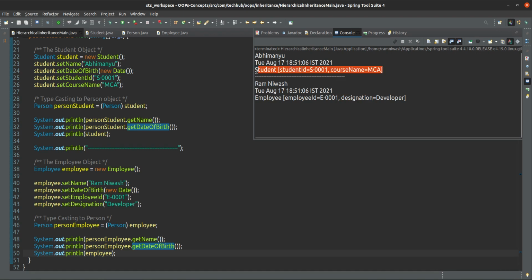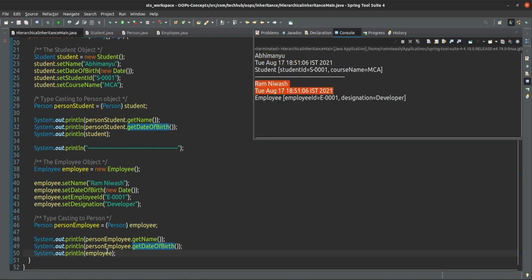So this is the student detail, this is the employee detail, this one is the student detail, and this one is the employee detail, and this is the person detail, this is also the person detail. So I hope you understand this one very clearly.